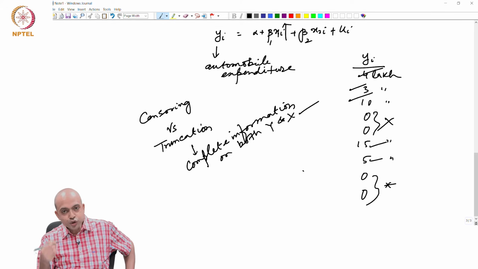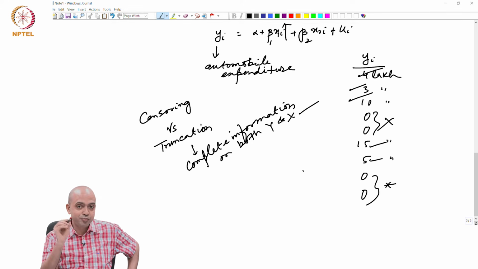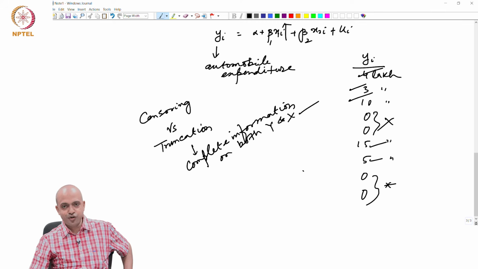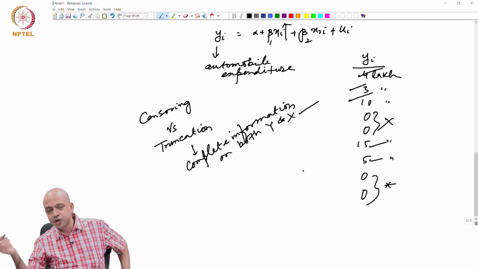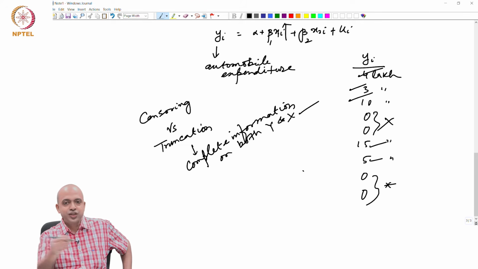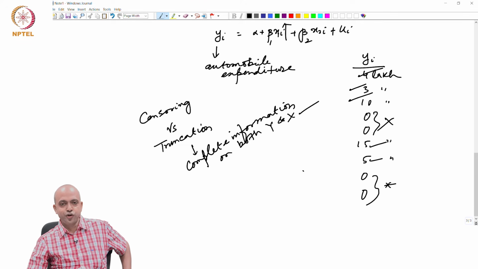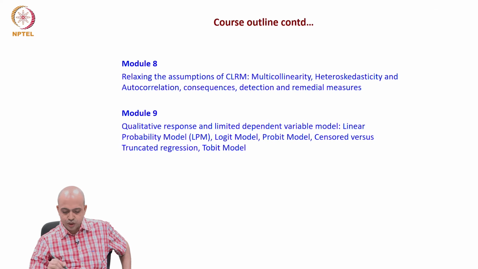We will also discuss how the estimated coefficients are not a direct measure of marginal effect like in the standard econometric model. The goodness of fit measure is also quite different in the probabilistic model as compared to the standard econometric model. Those things we are going to discuss in